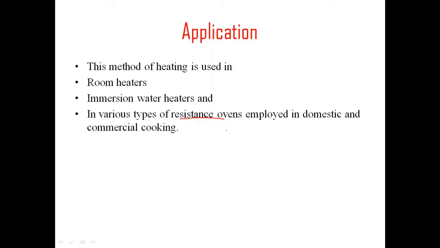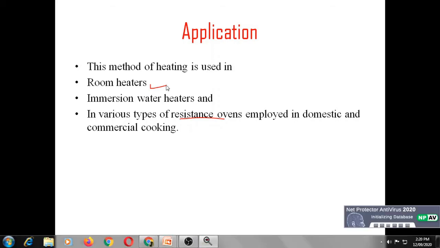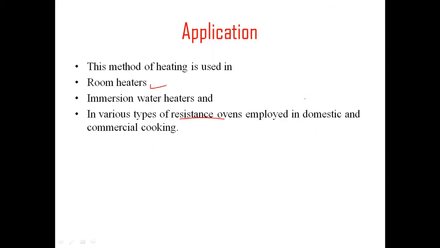So the method here, room heaters, as I told you, you can take an example of a room heater. In a building, while constructing it, in a room we will have a coil placed through the wall, and current is made to flow through the coil. The surrounding air in the room will get heated because of the current flowing in the resistive coil. That resistive coil will develop heat, and that heat will be transferred to the air through conduction, radiation, as well as convection.